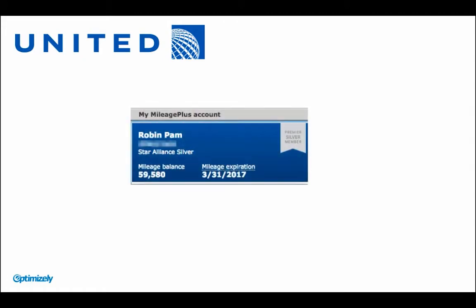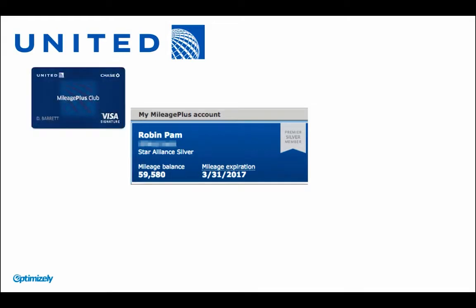Another example is the airline industry. As you may know, they're really familiar with personalization. They offer you a status where you can have, for example, silver or gold, and you collect points. They give you a credit card, which you can actually buy your ticket with them, through them.